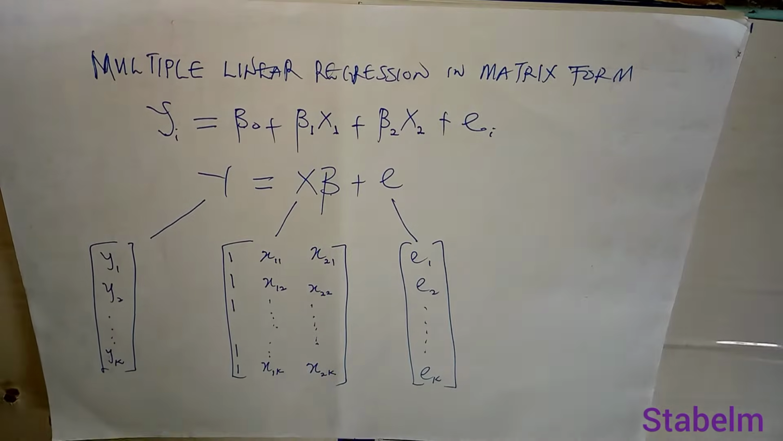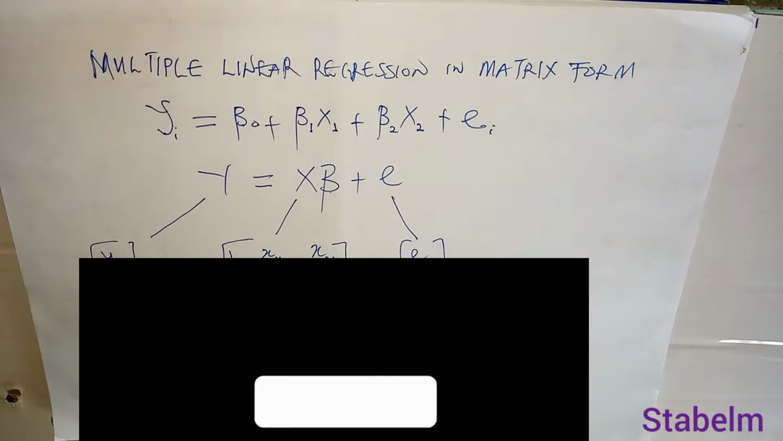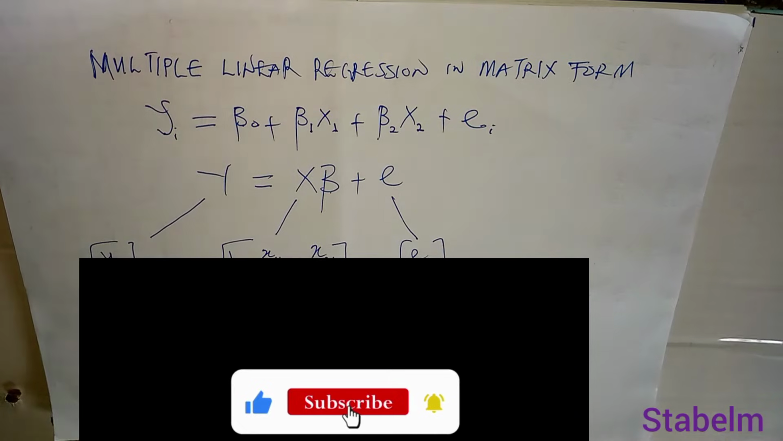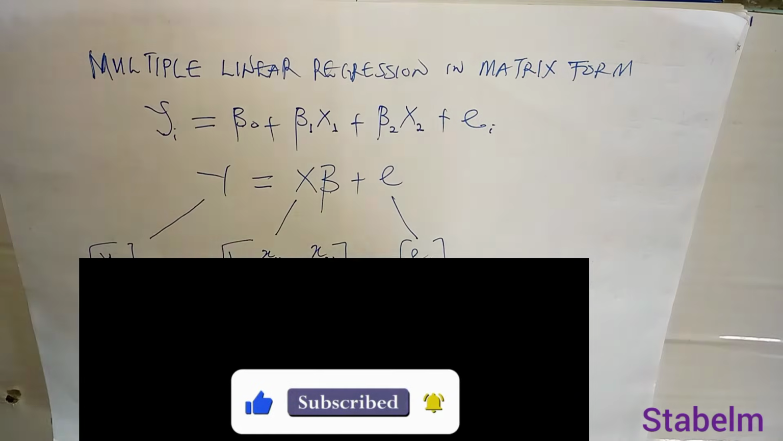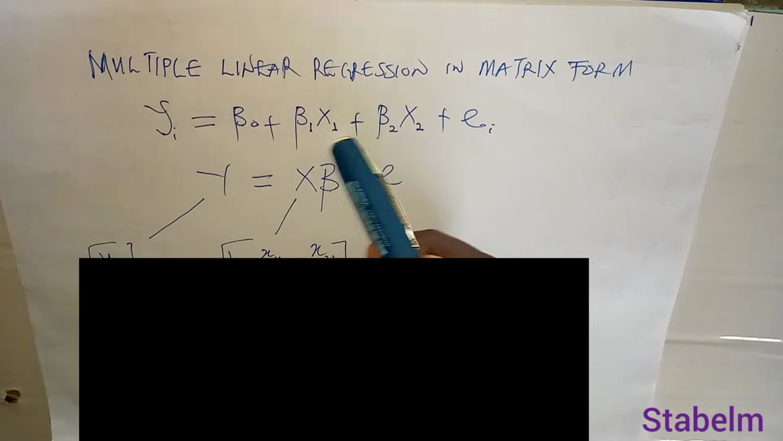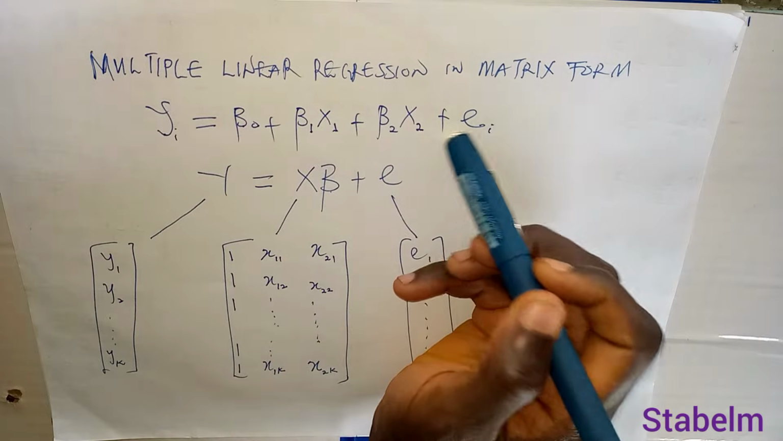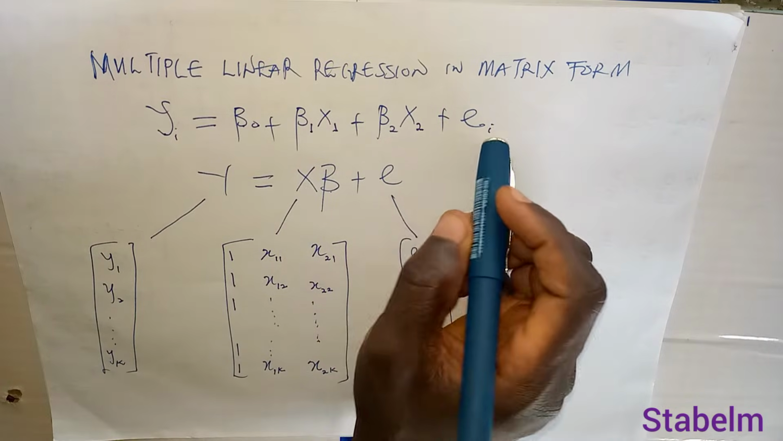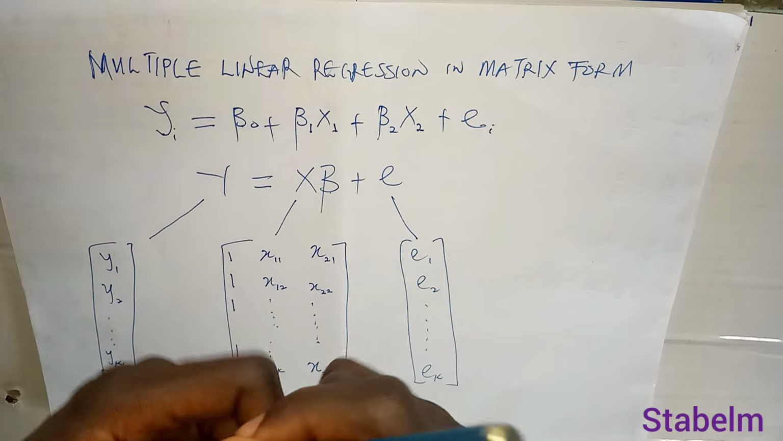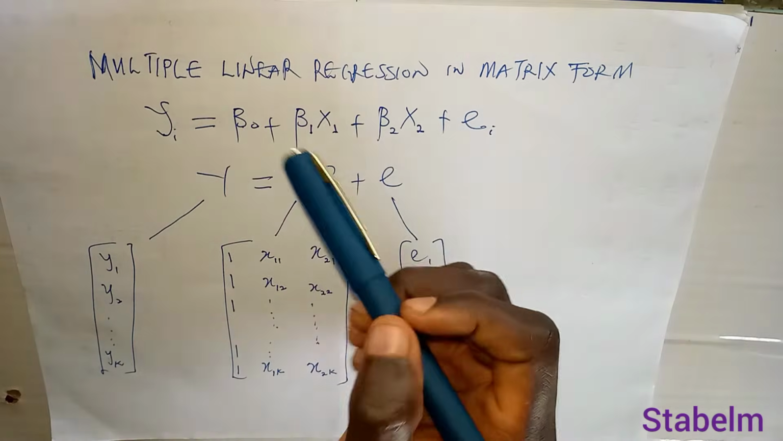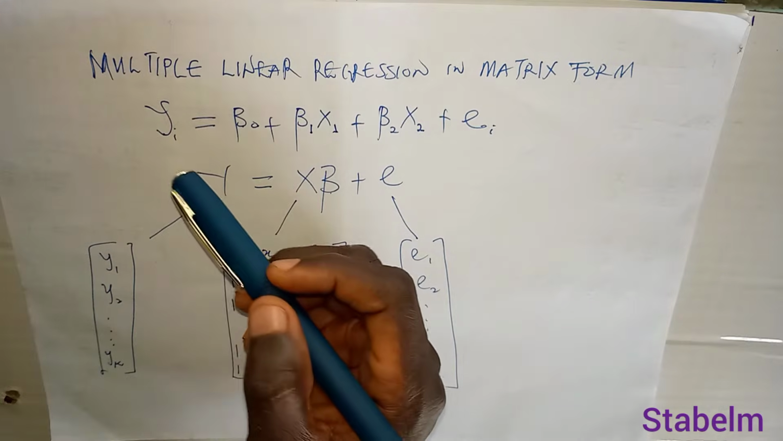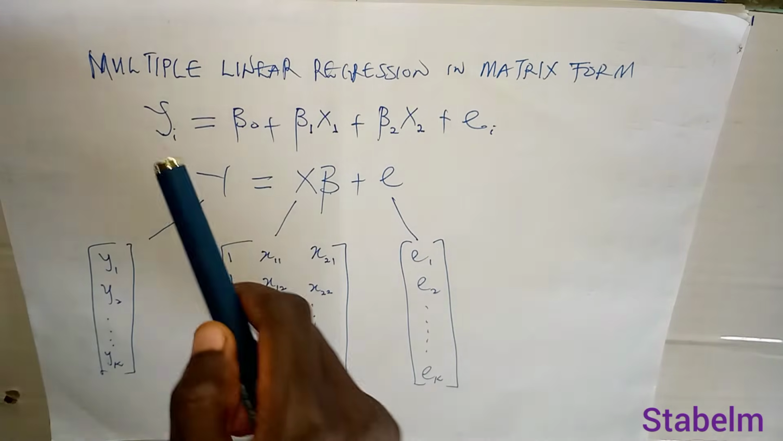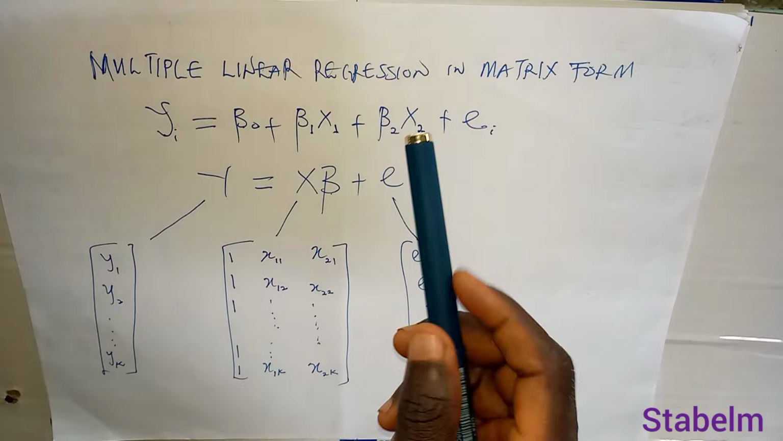So guys, we'll be looking at multiple linear regression in matrix form, and in this example we'll be looking at multiple linear regression of two independent variables, and that's why we have this model: y subscript i equals beta naught plus beta 1 x1 plus beta 2 x2 plus noise, which is the error term. So in this model now we have two independent variables, which are x1 and x2, and we have one dependent variable, which is y. Now in representing this model in matrix form, that leads us to what we have here